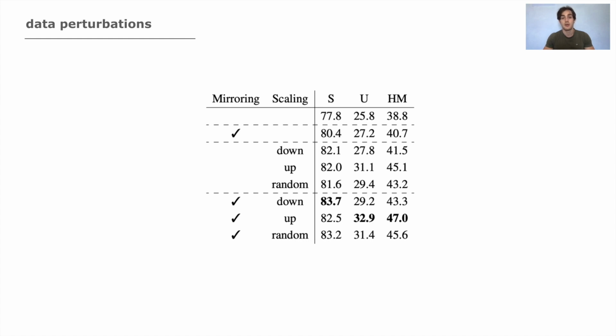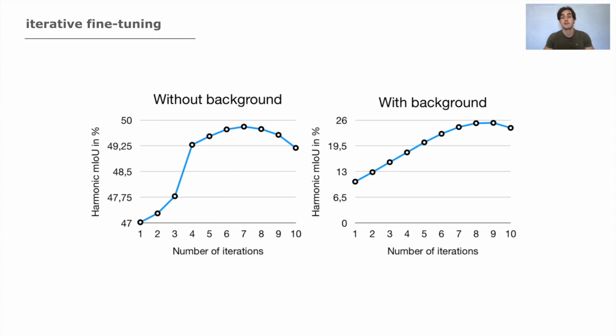Another important aspect of our algorithm is the iterative self-training procedure. Here we analyze the impact of the number of self-training iterations for STRICT in both cases, with and without the background, in the Pascal VOC 12. As the figures show, for both metrics and settings, the performance tends to increase as the number of iterations increases, until an iteration at which the performance saturates and starts to decrease. This is due to the fact that we don't have ground truth for unseen class pixels, and noisy predictions can be reduced but not entirely eliminated by our consistency constraint.